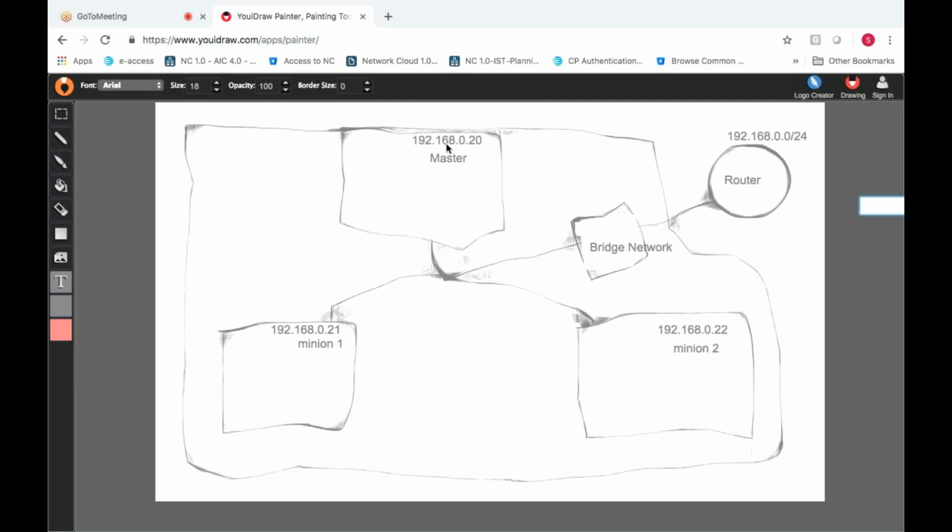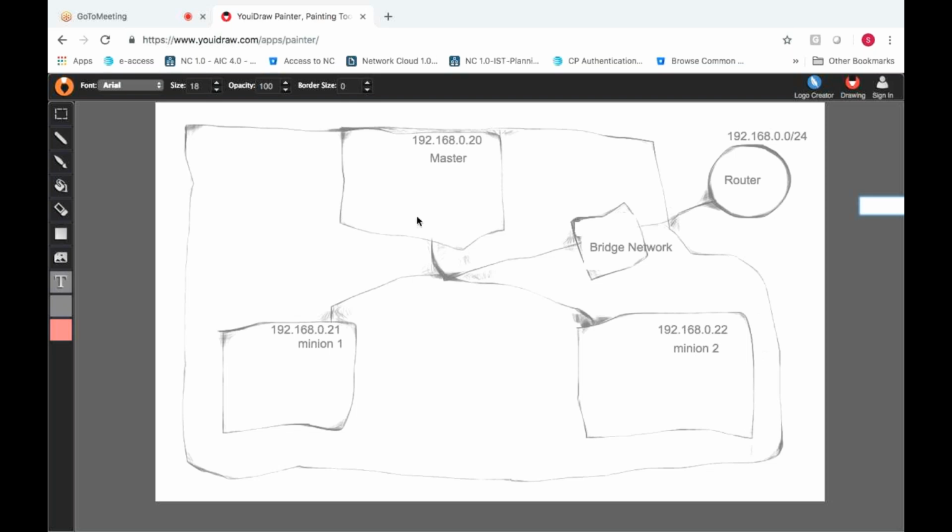What is a bootstrap node? A bootstrap node is the main node which will act as a front-end bootstrapper node. It will act as a master, and the other nodes will be integrated to this particular master node. That's the reason they are called minions. Minion in the sense is slave nodes. Okay, this is your master. So the Kubernetes cluster is the master.